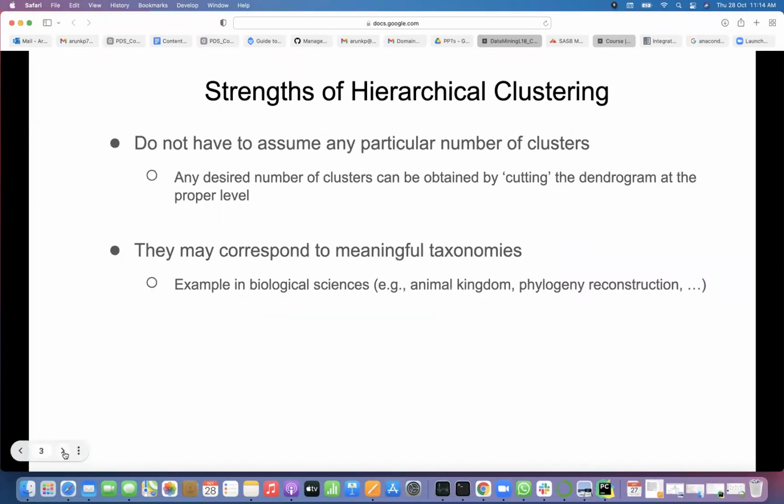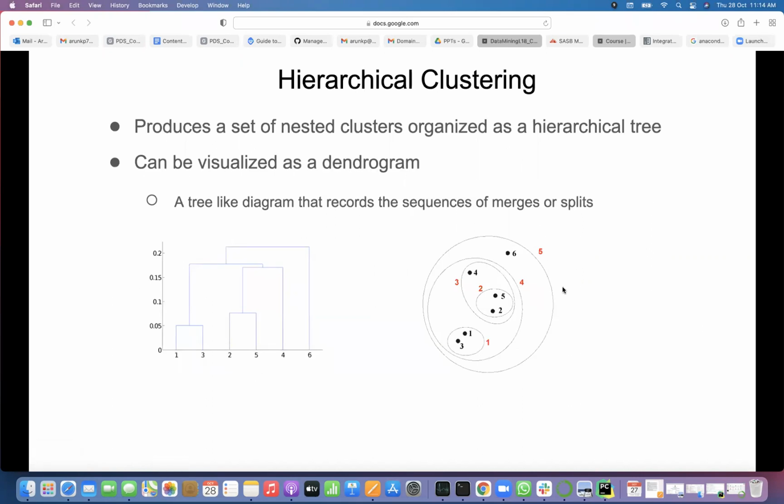So what are the strengths of hierarchical clustering? You do not have to assume any particular number of clusters. The advantage is, if you want only 2 clusters, what clusters can you take out of this? Cluster 4 is one cluster and point 6 is the other cluster. So wherever you want, you can stop. See, what is the top in this dendrogram? You can take out 6, then the remaining things will become one cluster, and 6, the point alone, will become one cluster.